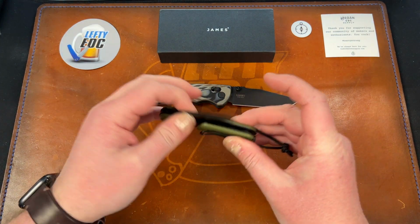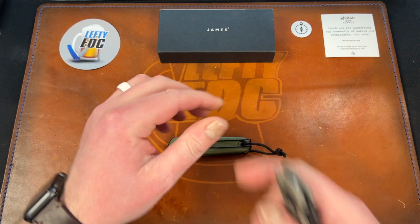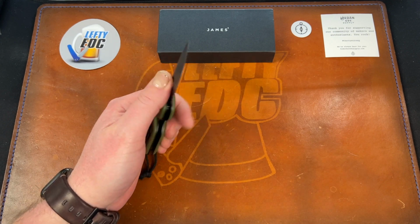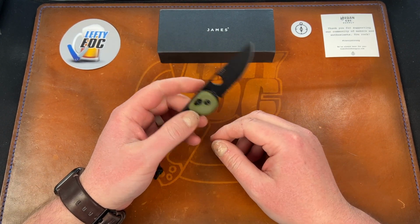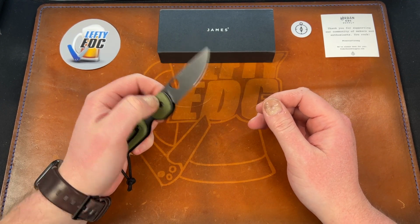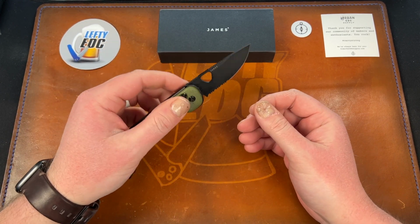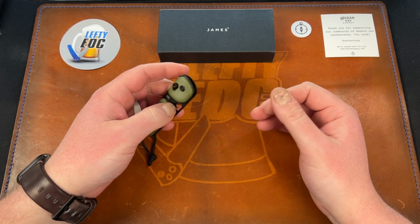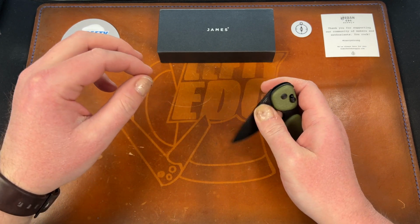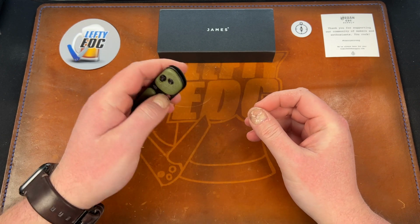So yeah, I think it would break in. But anyway, I'd like to know what this costs. I need to look that up, because to me, this is like a, I don't know, $30 knife, maybe. It's got 12C. It's got plastic and steel. I'm guessing it's not going to cost $30 though. It's probably going to be more like $60. If it's more than $60, it's a money grab. It's already probably that, but